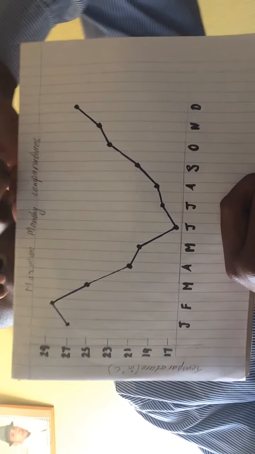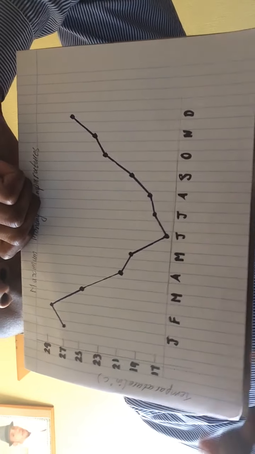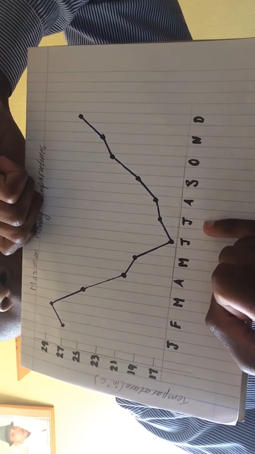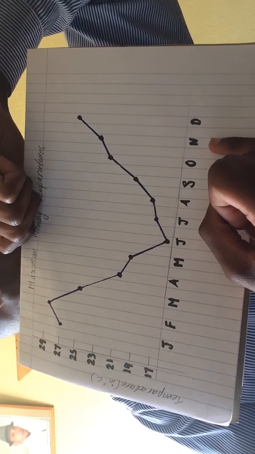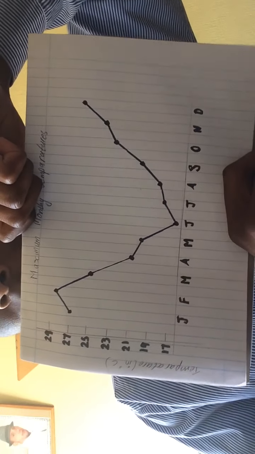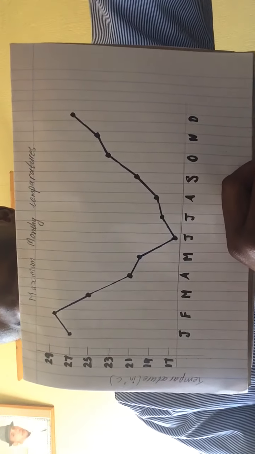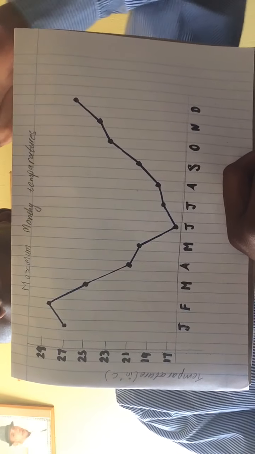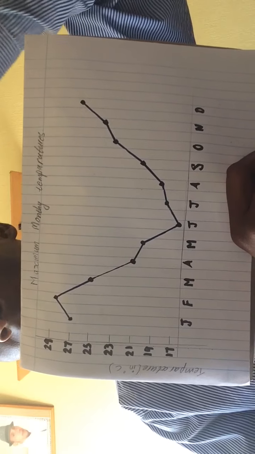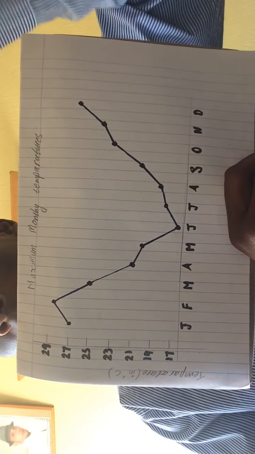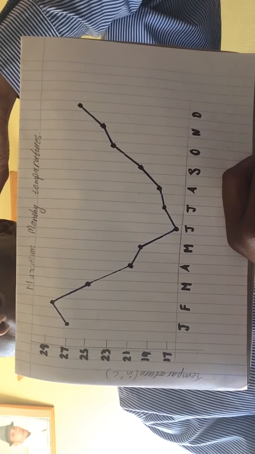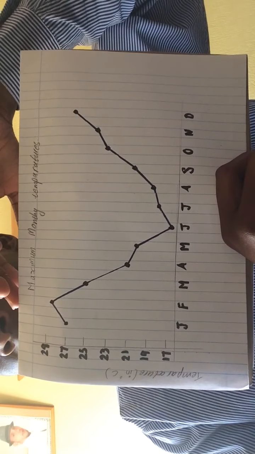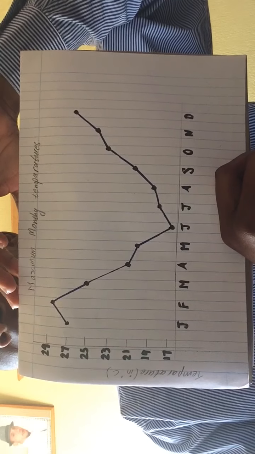Why? Because here at the bottom we have the months of the year: January, February, March, April, May, June, July, August, September, October, November, and December. How do we know that? Because it's the first letter which the month starts with, right? On the side here we have temperature in degrees Celsius. Temperature tells us how hot or cold something is. And we can see that the pattern here, or the numbers rather, are 17, 19, 21, 23, 25, 27, and